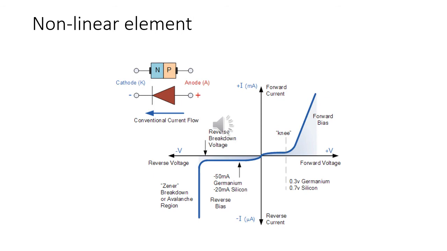Suppose I am giving an input voltage of 0.4 volt for a silicon diode. Since it is less than the knee voltage, the current will be very minimal, around 100 nanoamperes. Then suppose I double my input, making 0.4 volt into 0.8 volt. Then the device is fully on and will pass a high current, that could be in the order of milliamperes.